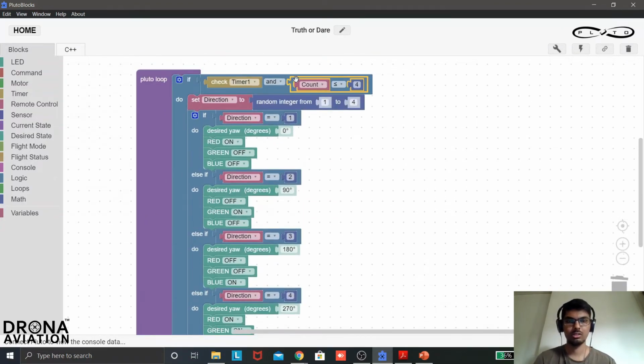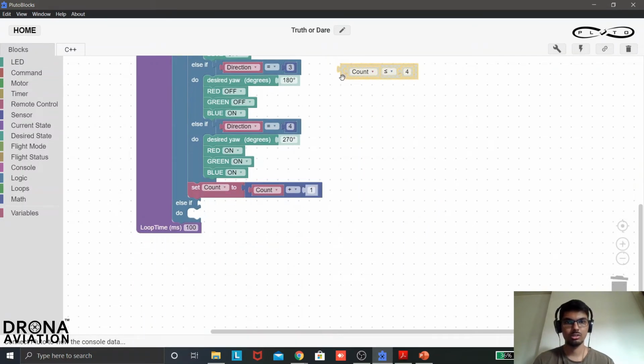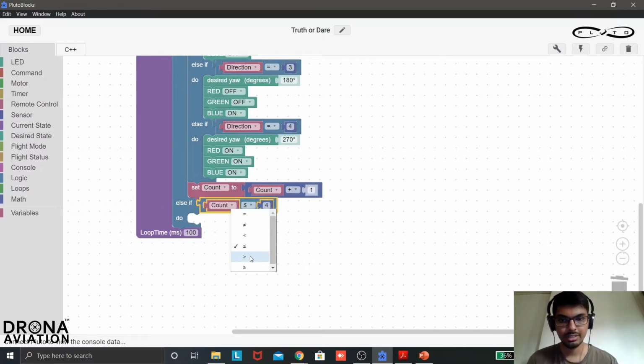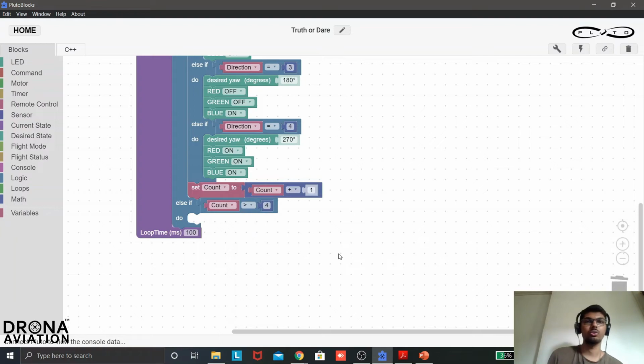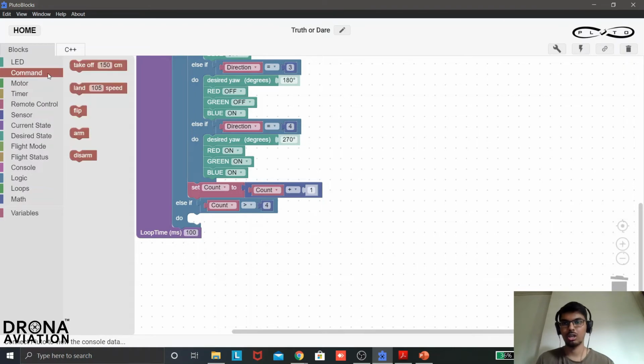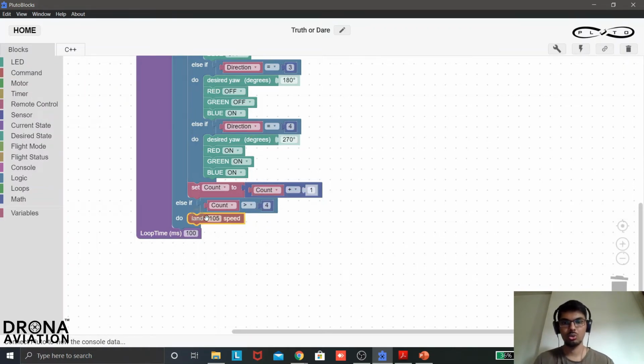I will use this count block. Else if count is greater than 4. Greater than 4 would be 5, 6, 7, 8, whatever. So as soon as the count reaches more than 4, what I want to do is command the drone to land.